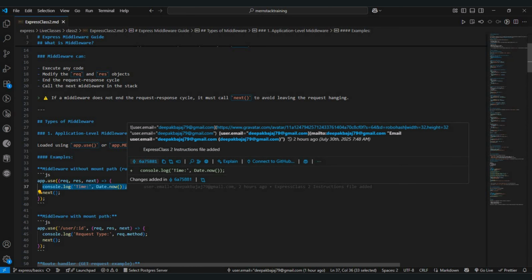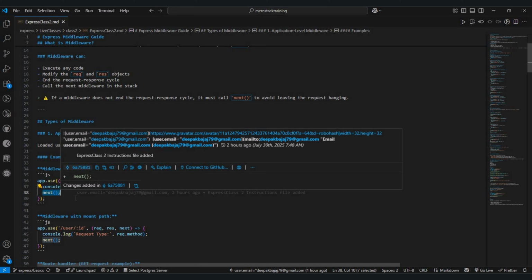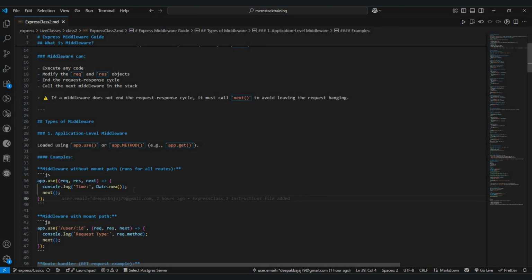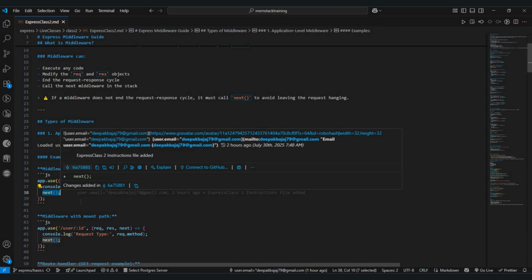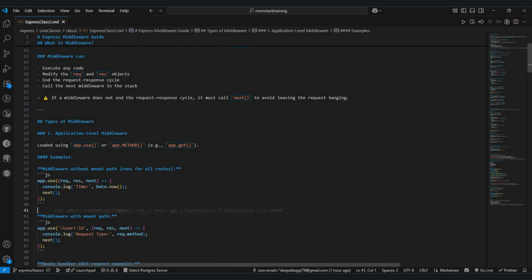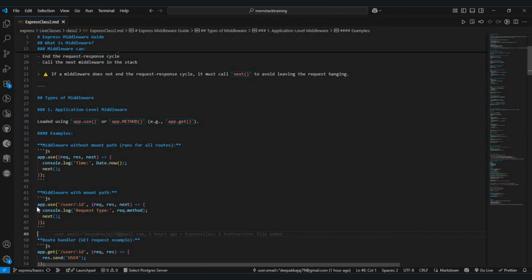Okay, and as we discussed, because we don't want this middleware to hang, we'll move this to next, and it will get a chance to run this middleware. Okay,